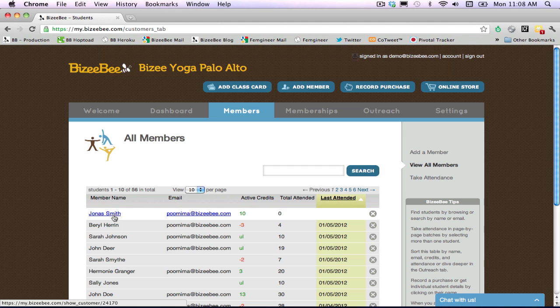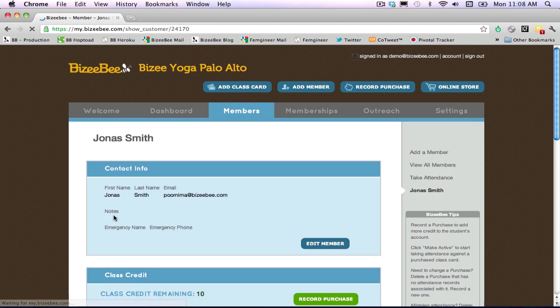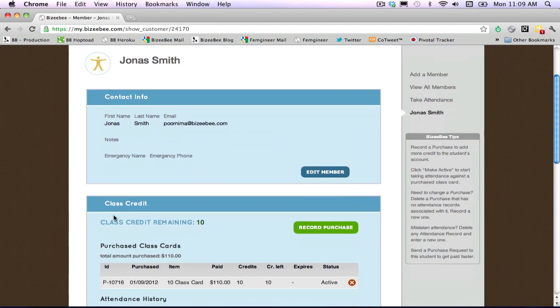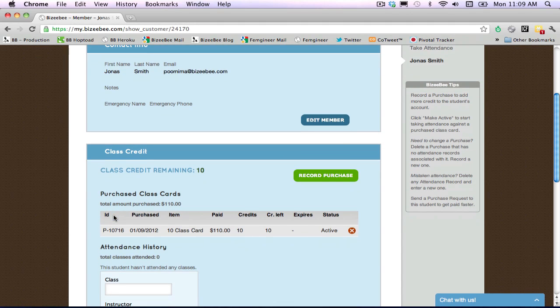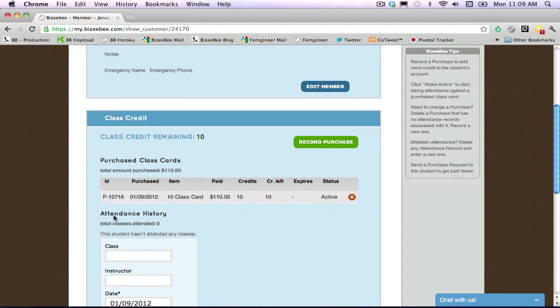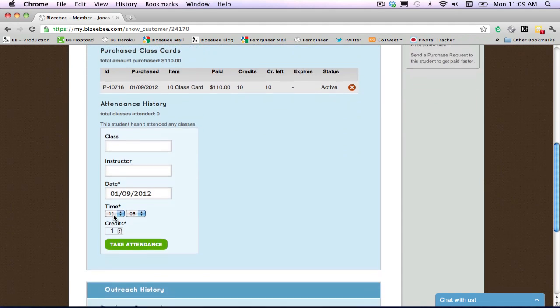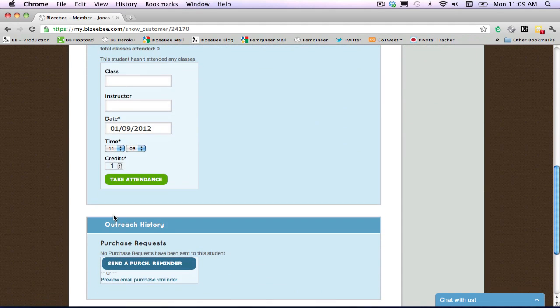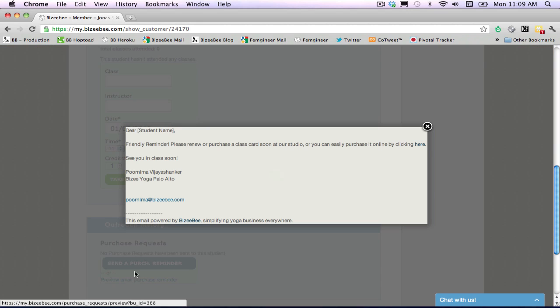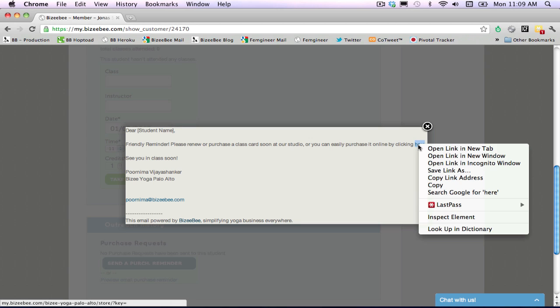Once we've done this, we can actually drill down into each member and see a history of what they've purchased. We can also see how often they've come. So far, Jonas hasn't come at all. And if for some reason Jonas goes into the negative or needs to have his membership renewed, you can send an email reminder. This email reminder will get sent to Jonas, and once he receives it, he'll click on the link here